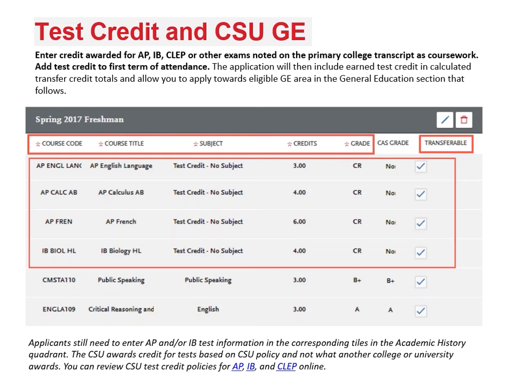And so that way it's calculated into your total for your overall unit count. So this is working towards those 60 unit requirements for upper division transfers. You will still need to enter in your AP and IB test information along with your all academic history in